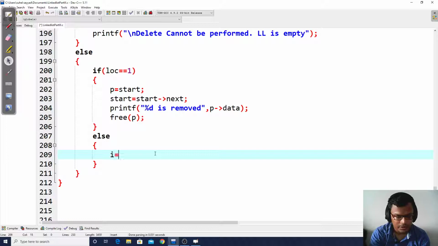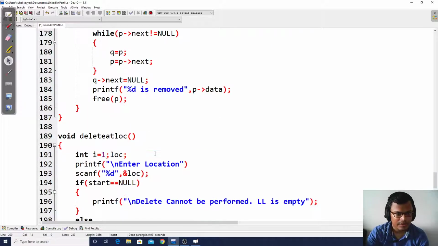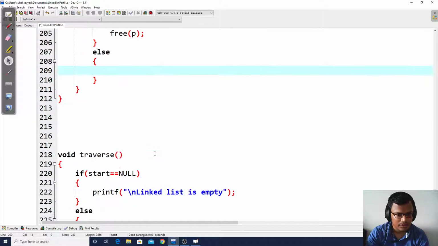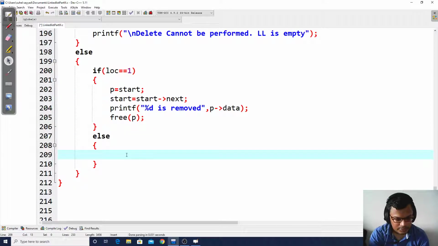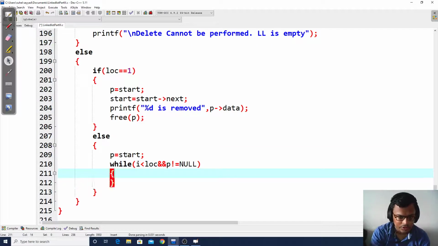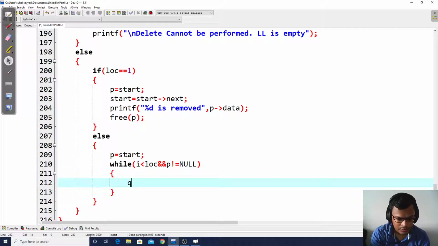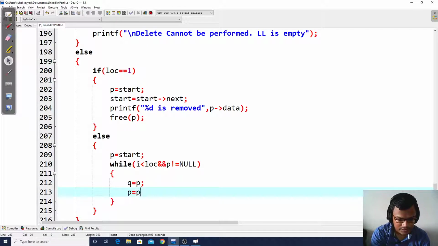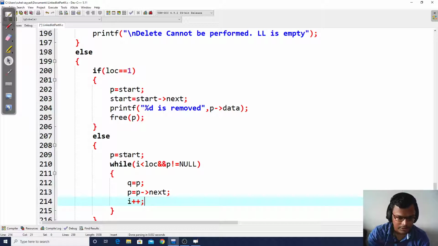we go for the logic of counter. So initially i is equal to 1, which we have initialized already, then p is equal to start. While i is less than location, and p is not equal to null, we are going to jump by writing q is equal to p, p is equal to p's next, and increment our counter variable every time.